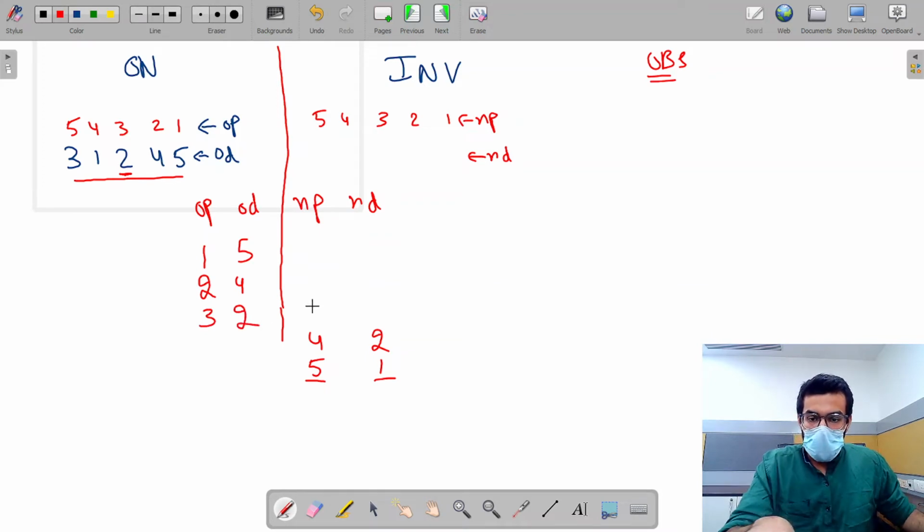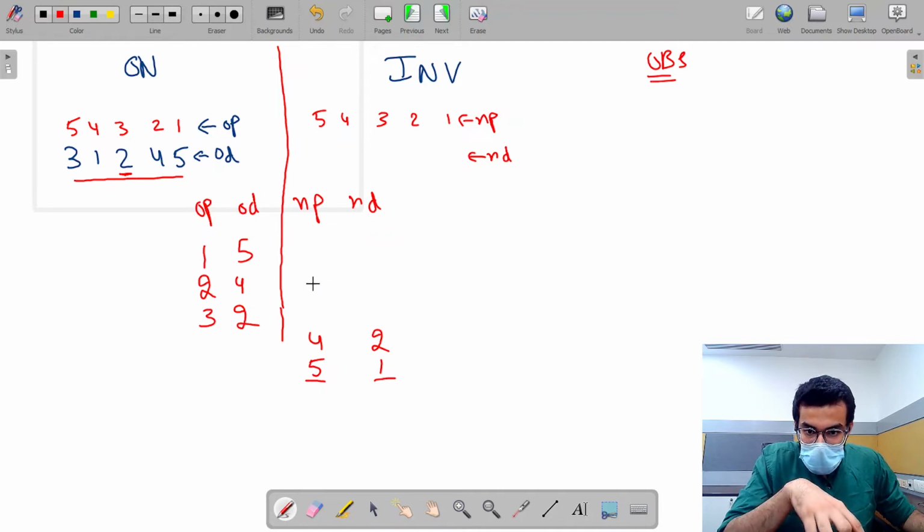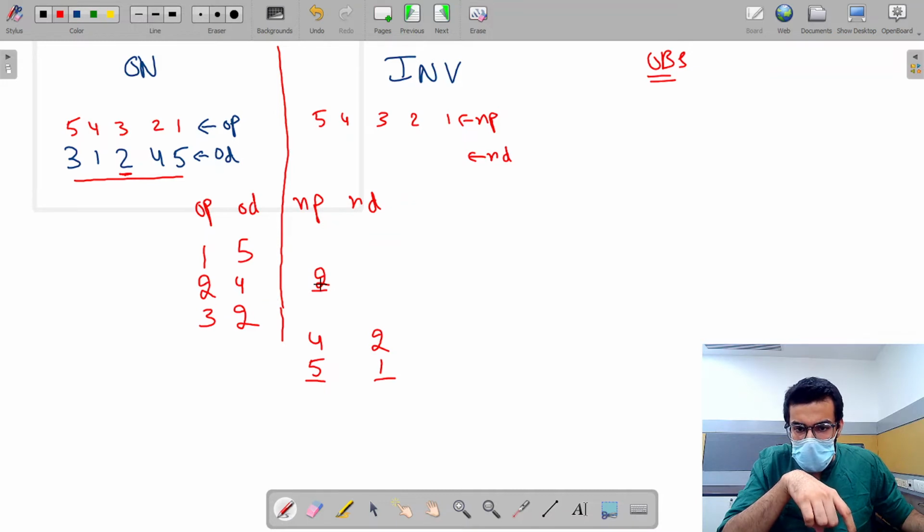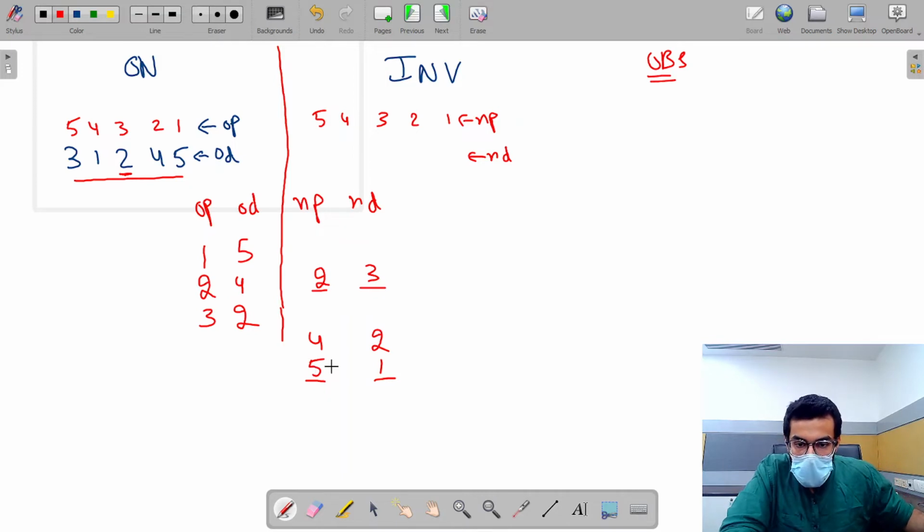So over here, see, this is the second position. On the second position, 3 will come. Okay. I should write the same thing here as well. That on the fifth position there was 1. Okay. And on the fourth position there is 2. So I have written 2. On the second position there is 3. So I have written 3.